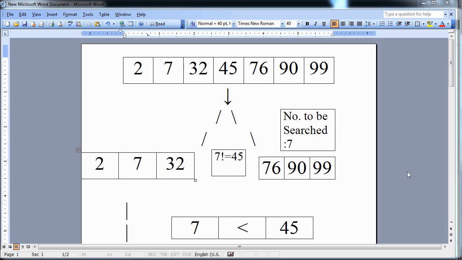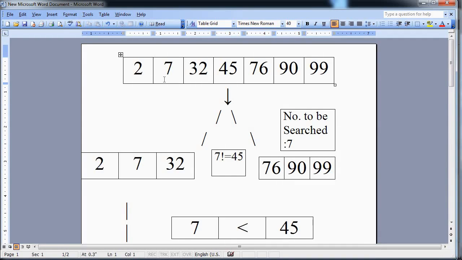So let's start with an example to understand this better. As you can see on your screen, I have written some numbers in some boxes at the top of the page. These numbers are nothing but the sorted data which the system will have by initializing or would have received from the user. So what does binary search do? Binary search basically searches for a particular number at the center of the given order. In this case there are 7 numbers, and the system in binary search will search for the number which the user wants to search at the center position.